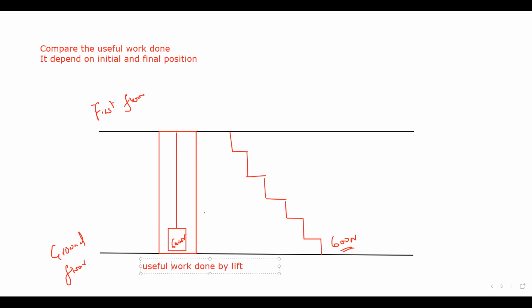It means the work used to move from ground floor to the first floor. So when we compare the useful work done by the lift with the useful work done by the human body,